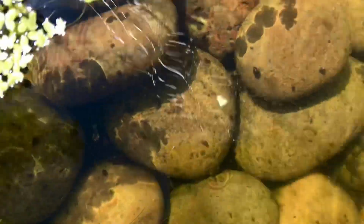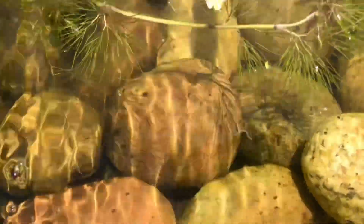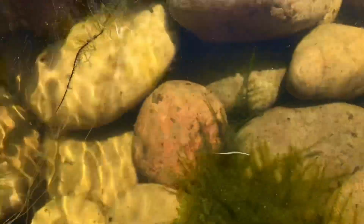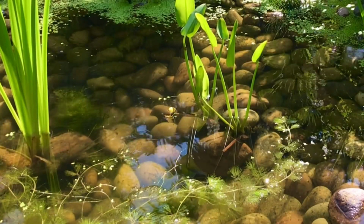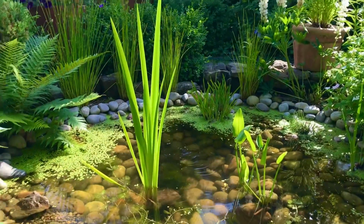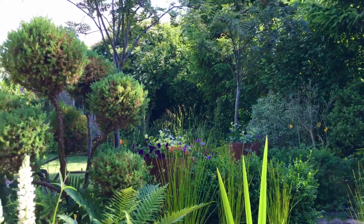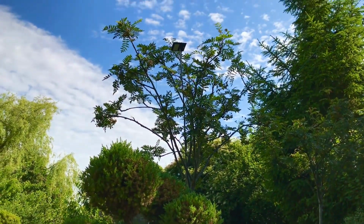Let's have a little look to see what little creatures we can find. Some water beetles, some water spiders, I think that's what they are. Them little creatures doing breaststroke. Answers down below. The keen eye among you will have noticed that the pump stopped working. That's because the solar panel is in the tree up there. Spot it? Just there. And it's shaded just at the moment by the pine tree